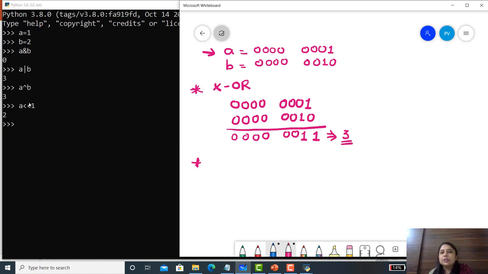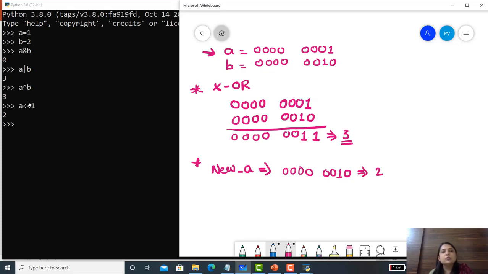So the new A will become: new underscore A equals, all the bits are shifted 1 bit to the left, so it becomes 0 0 0 0 0 0 1 0. If we convert this into decimal, we definitely get 2.